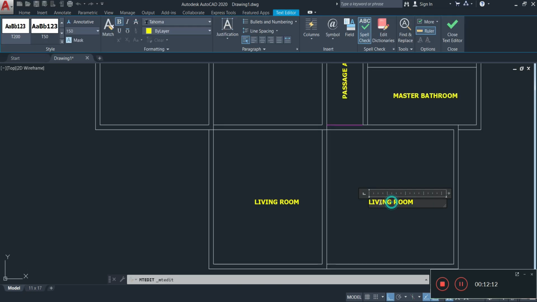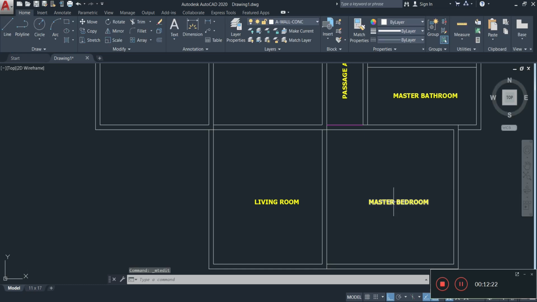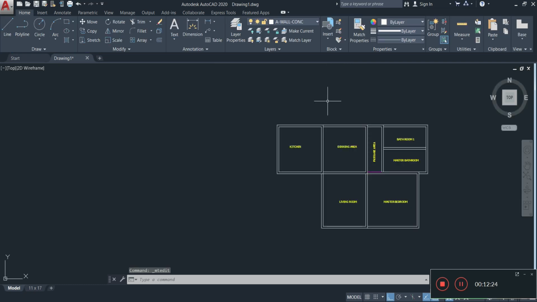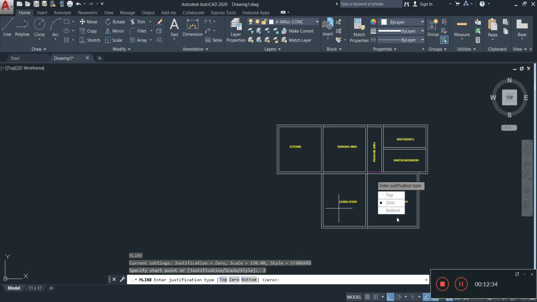So I'm going to put master bedroom. Alright, so now I need the 2 bedrooms on the back here. So I'm going to go multi-line, enter. I need to change my justification to